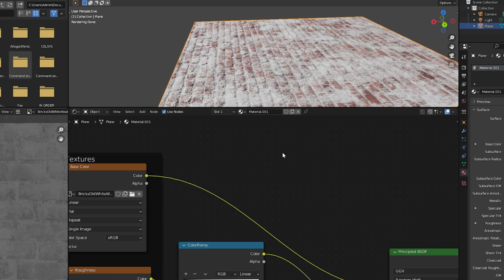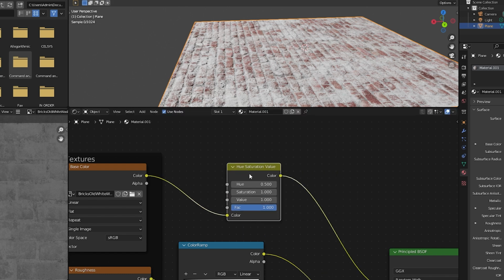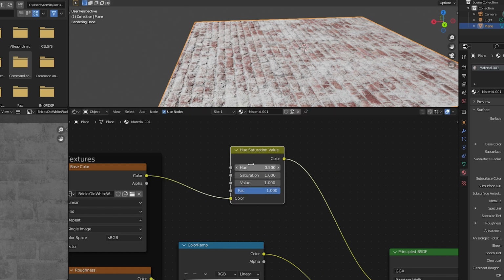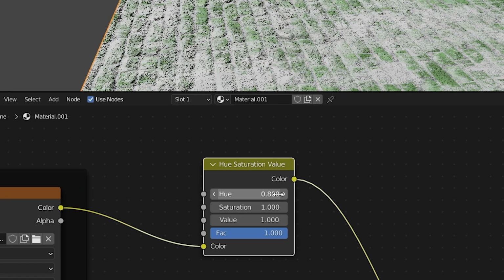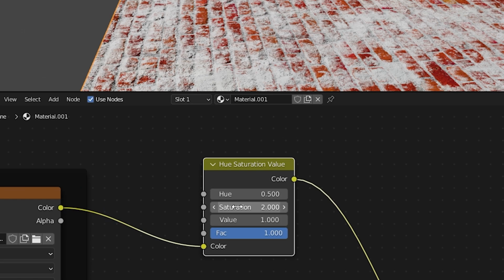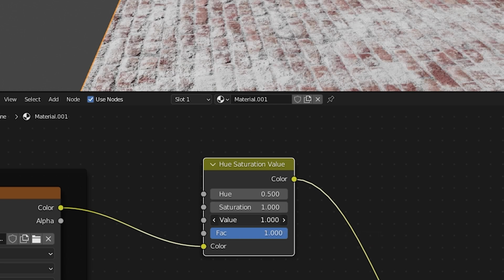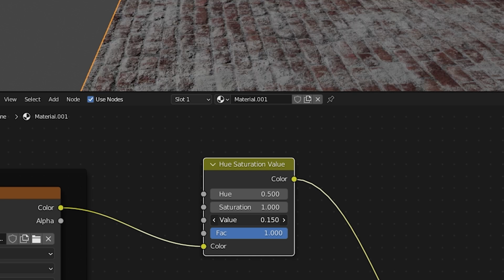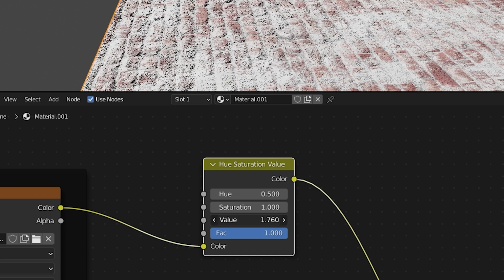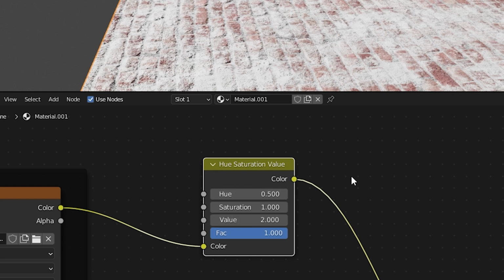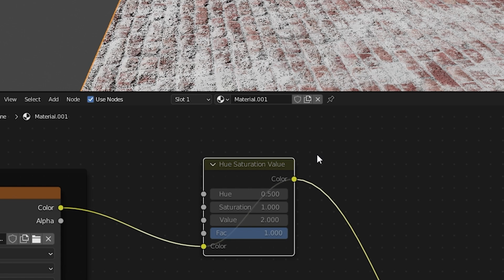When you have color information traveling from one node to another, there are a few nodes that you can actually use to adjust the colors. Let's first start with a hue saturation node and plug it in here. Changing the hue could give you a stylized look to the material. The saturation setting can add saturation to the base color or lower it to have a more black and white look. And with the value slider, you can lower the value to make the material darker or increase it to make it lighter.